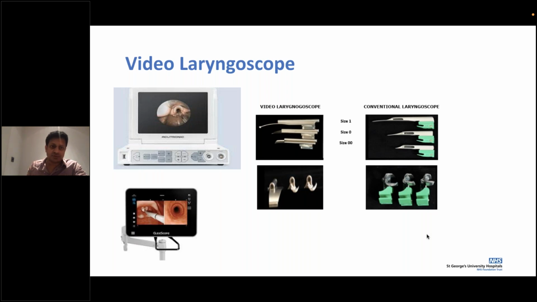The technique between video laryngoscope and traditional intubation is ever so slightly different. Now, how is it different? Video laryngoscope and conventional have different views, as put on the slide. If you look at not the top two photographs, but the one below, the video laryngoscope may well obstruct your view. So the aim of video laryngoscope is a different technique.